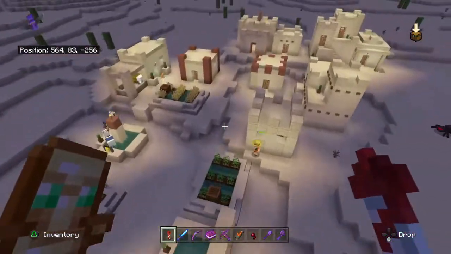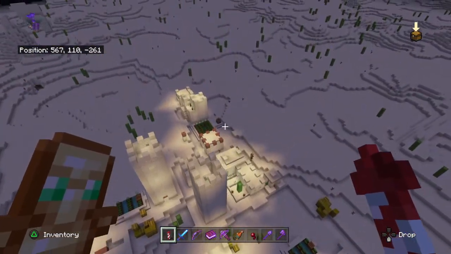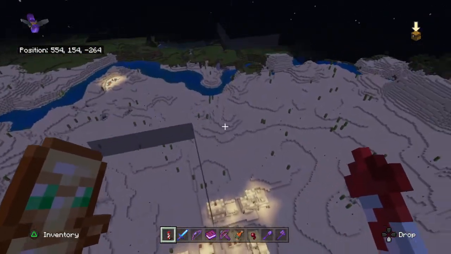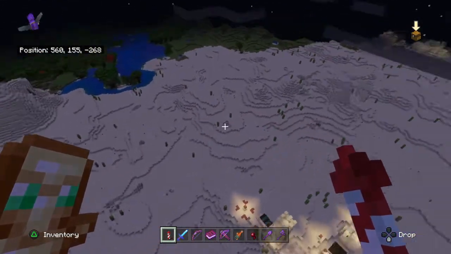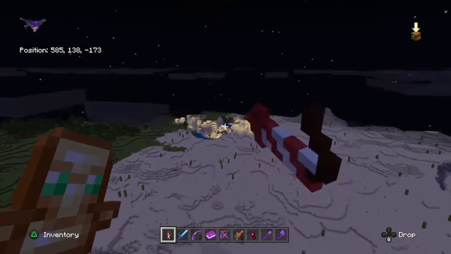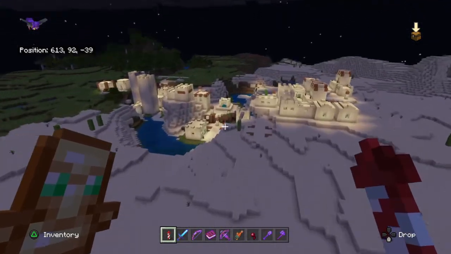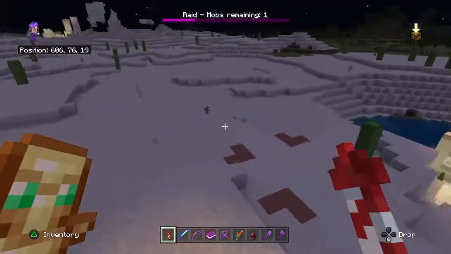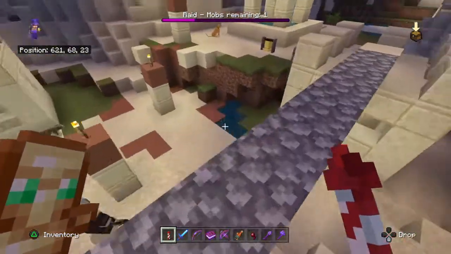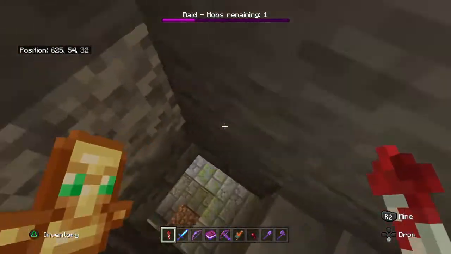Was it this village? I don't think it was. I'm trying to remember where the village was. Right here. Yeah, so we gathered some ender pearls, got some eyes of ender, and we set out on an adventure to find the end portal,